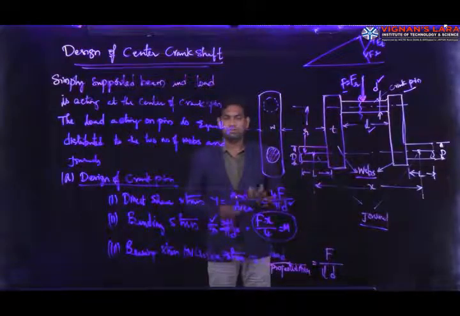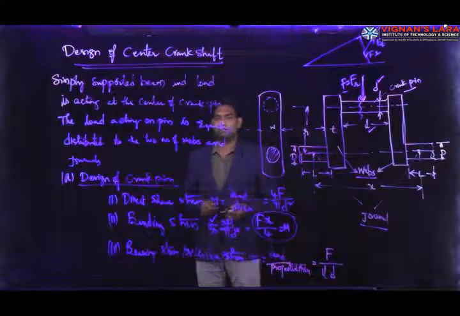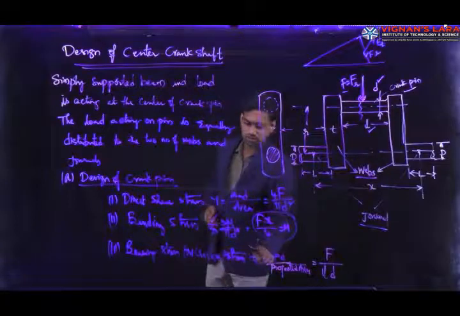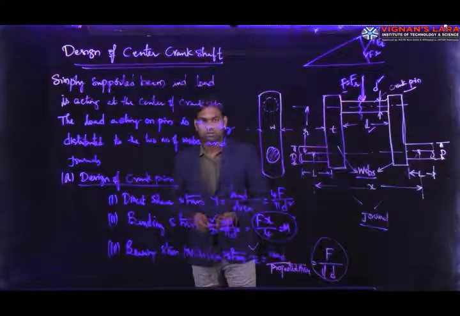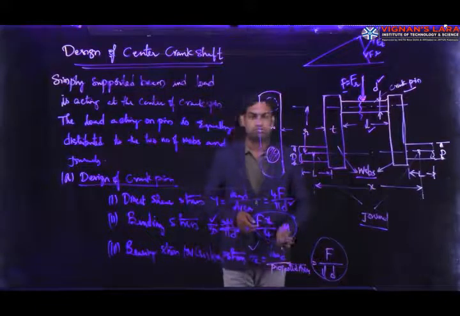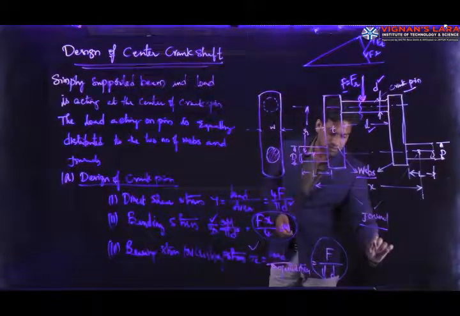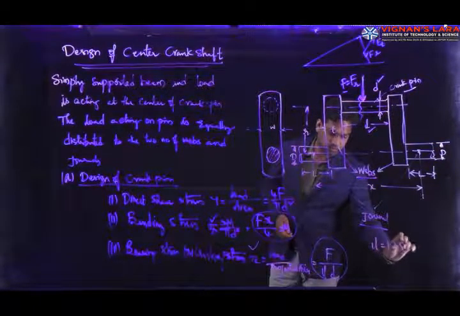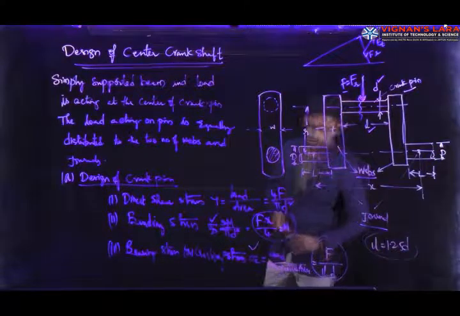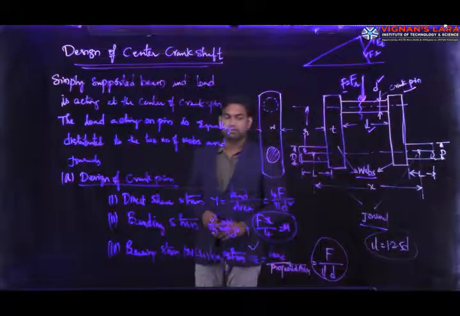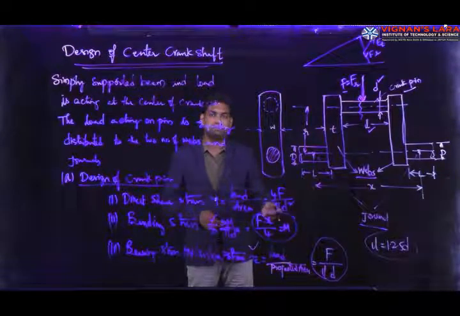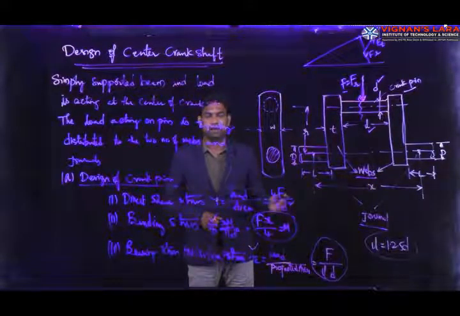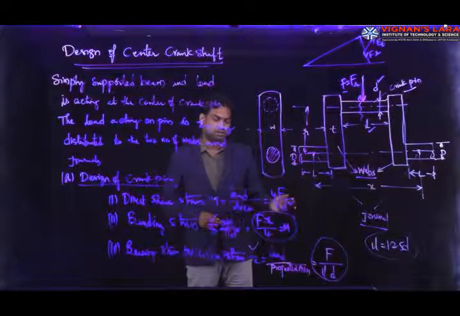So in the design process, by using this crushing stress, we can calculate the dimensions of L and D. L again we can take in terms of diameter. So L is taken as 1.25 times D. That is a standard proportion for the L by D ratio for a crank pin. So we can substitute the length in terms of diameter in this equation. From the crushing stress we can calculate the dimensions of length and diameter for the crank pin.